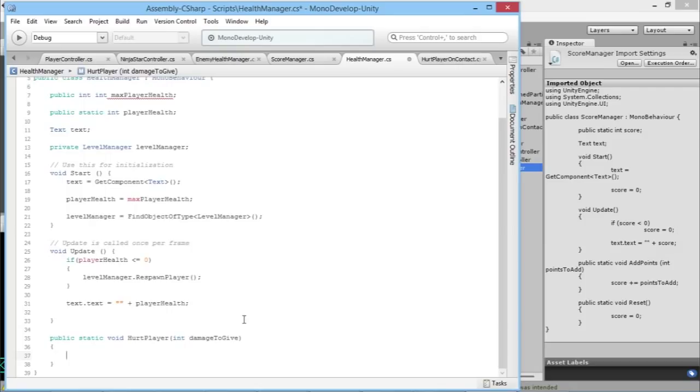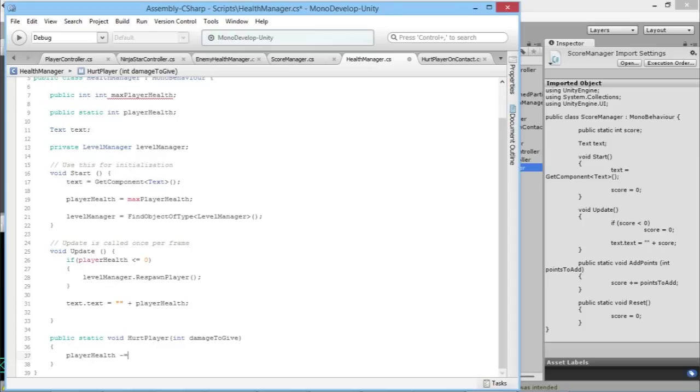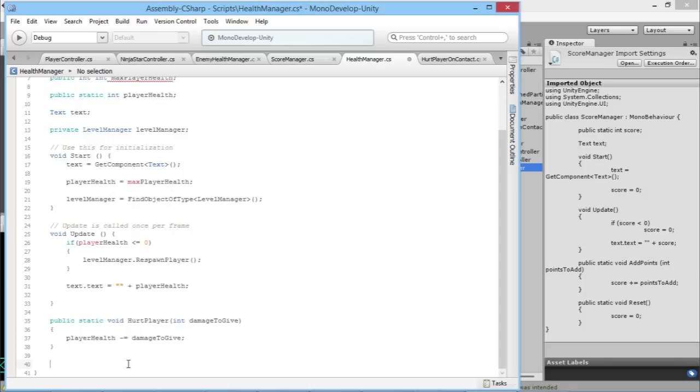And now, just in here, same as we did with the enemy health manager, we do player health minus equals damage to give. Perfect. And the one other thing that we're going to need is resetting the player's health back to full. So here we're just going to say public void